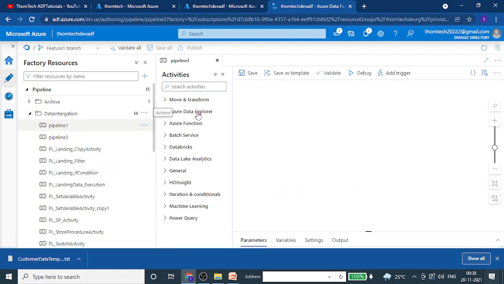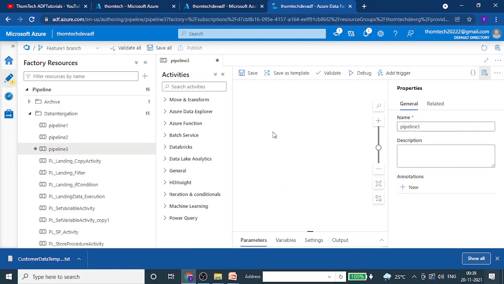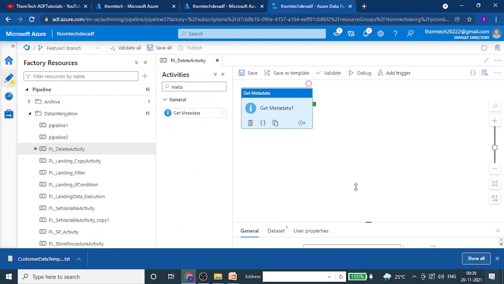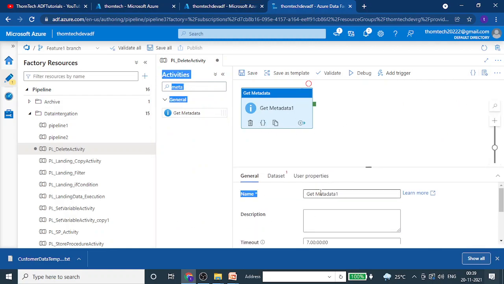Let's create a pipeline, and name it delete activity. Now let me take a metadata activity, bring it here, and give it a name, read files.